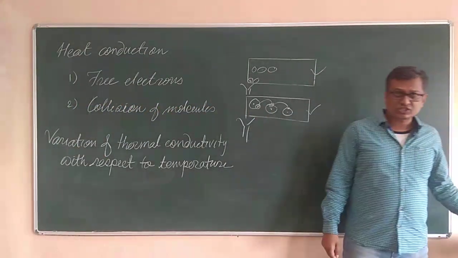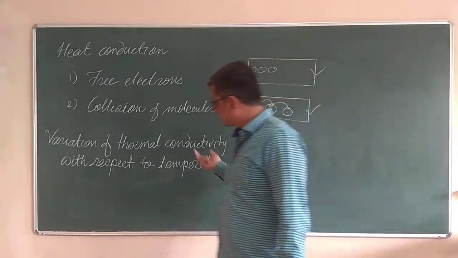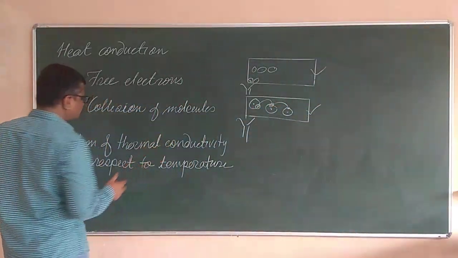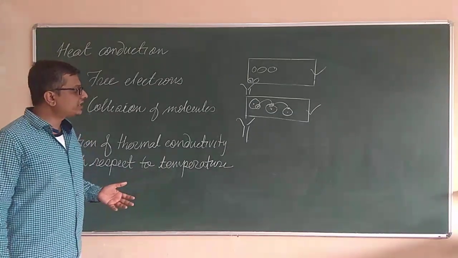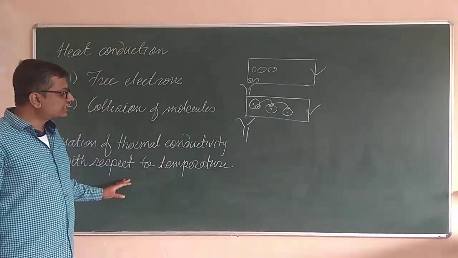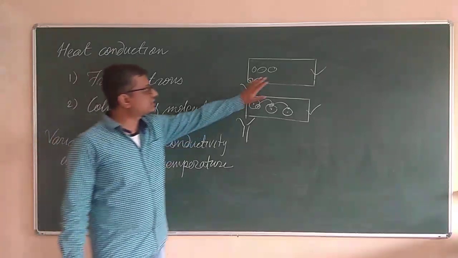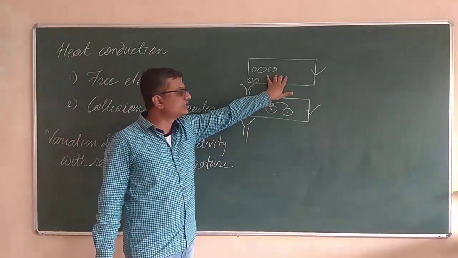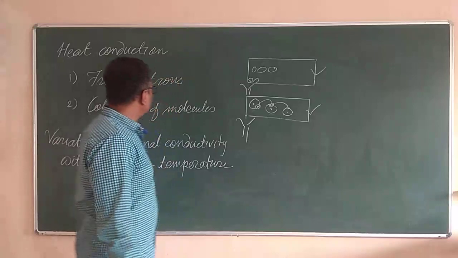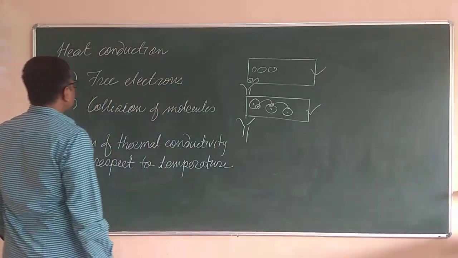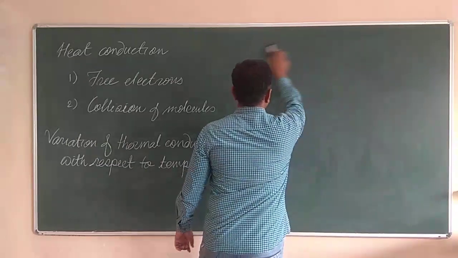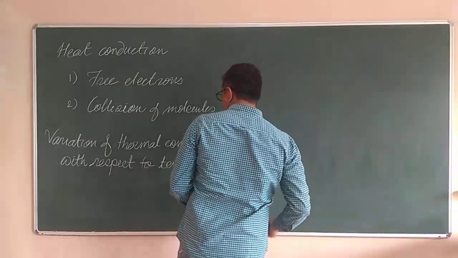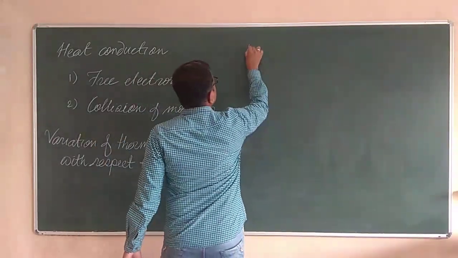Now, to understand the variation of thermal conductivity of some material, mainly we will categorize into conductors and insulators, and how they behave. To understand that variation, this understanding of the heat transfer mechanism in the insulator and the conductor is very important. So, let's move on. Now, if I talk about the variation of thermal conductivity, let's talk about the first one as the conductors.